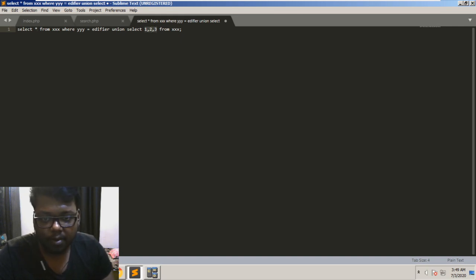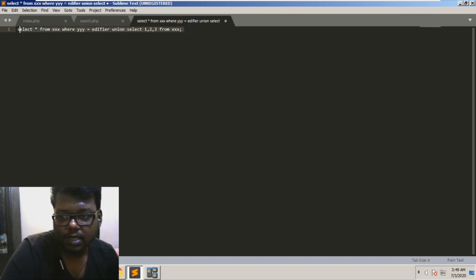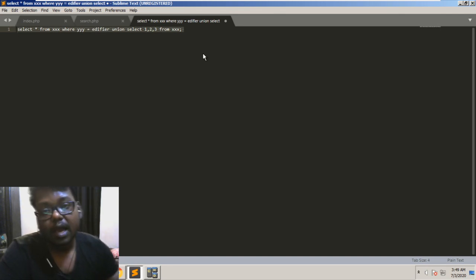So if the number of columns that is filled in by garbage values is not the same as the number of columns written by this star, then the SQL will handle that, and SQL will give us an error. Now we cannot actually see the error, that is dependent on the programmer, but the SQL is actually having an error by itself. So we need to figure out the number of columns that is to be passed into the SQL server in an injectable way, because as I have already said,